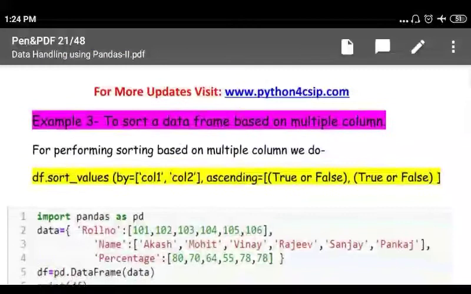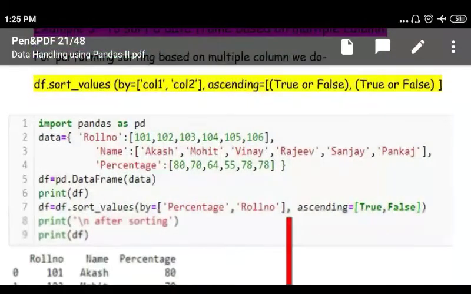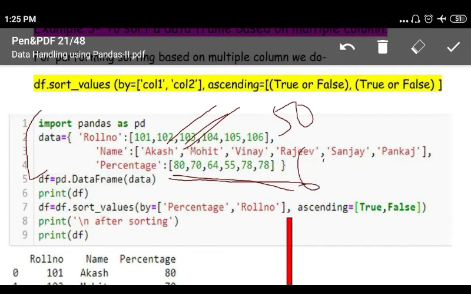Now next is to sort a data frame based on multiple columns. Suppose you want to sort the data on the basis of multiple columns. Suppose this is one data set. I want to sort first on the basis of name and then on the basis of percentage. Suppose two Akash are there, and one student got 50 and another student got 60.